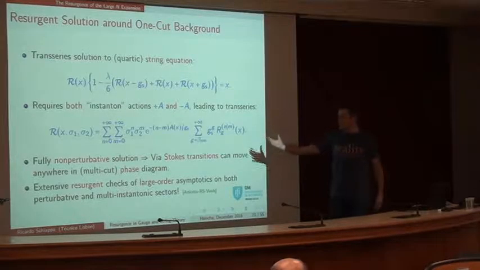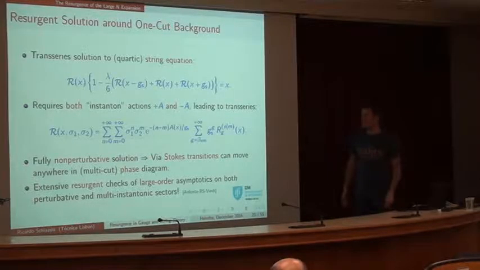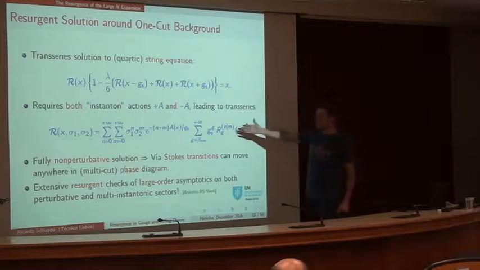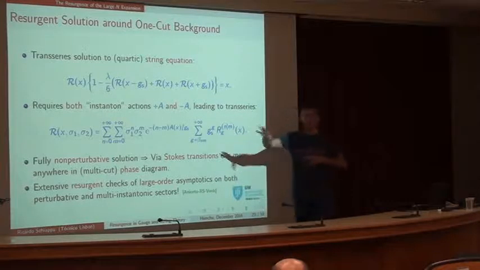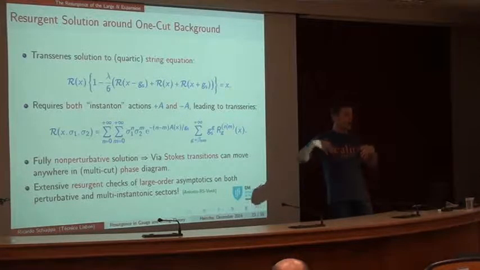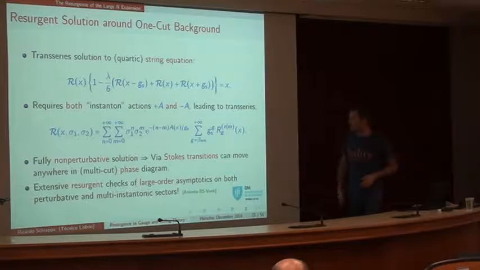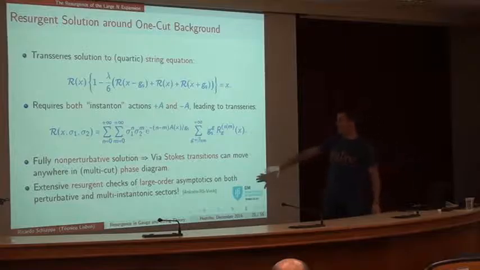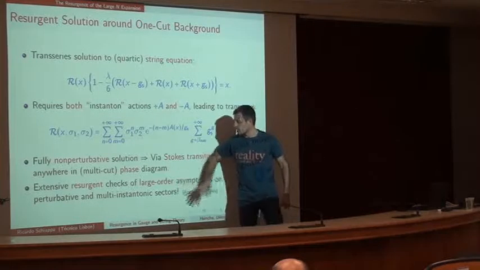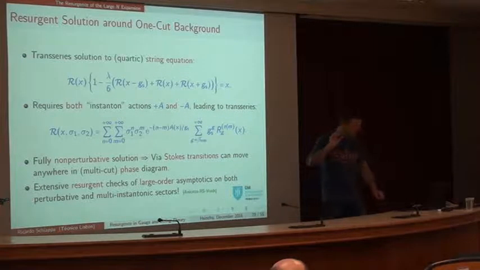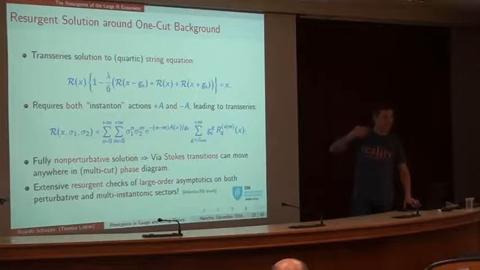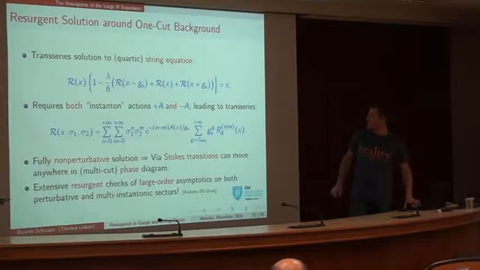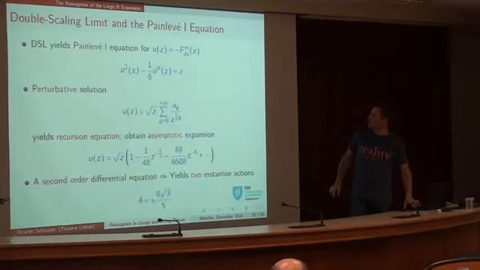So, if all this setup is working fine, this should be a completely non-perturbative solution that would allow us to go anywhere on the phase diagram of the series at large n via Stokes transition. So let me show you that we've done extensive resurgence checks of the large order data associated with this. Let me show you one of those tests in a simplified version of the quartic matrix model, which is its